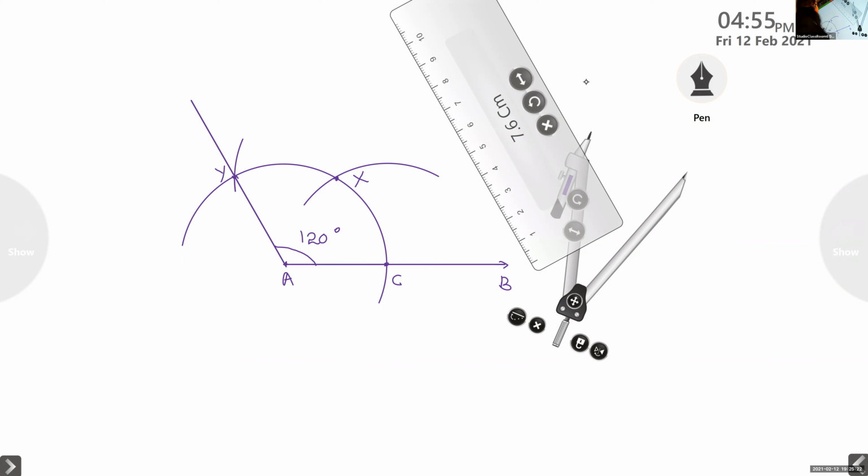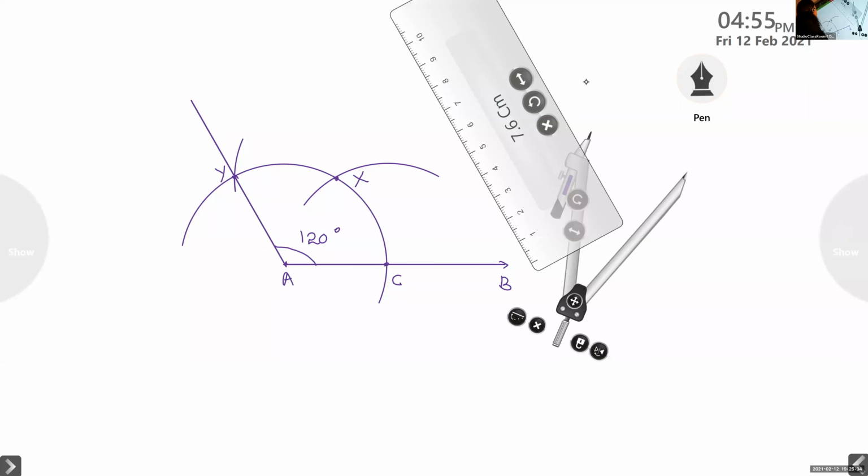Okay, children. Now, will you do it once again from the other side? In this, we have kept it on the left side, or sometimes you may keep it on the right side. So, you can do the same thing when you keep the compass at the right side, at both endpoints. Okay.